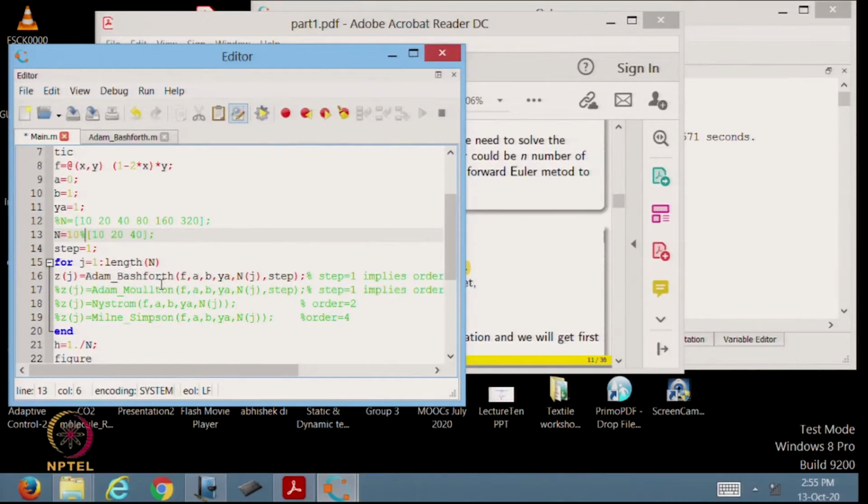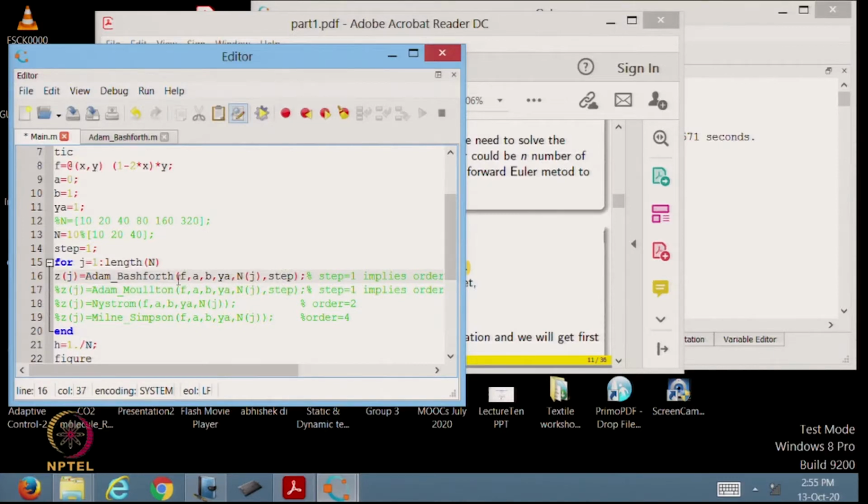That is a very good programming practice: you should decompose your program into smaller components, and for each component you can write your own function. So, Adams-Bashforth is the name of a function, and the arguments of this function which you can observe from here are f, which is a function, a, b, ya, nj and step.